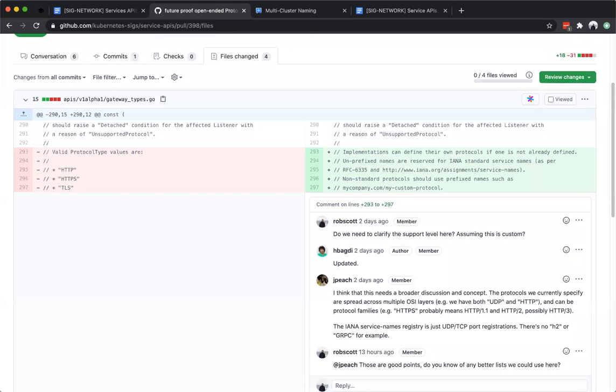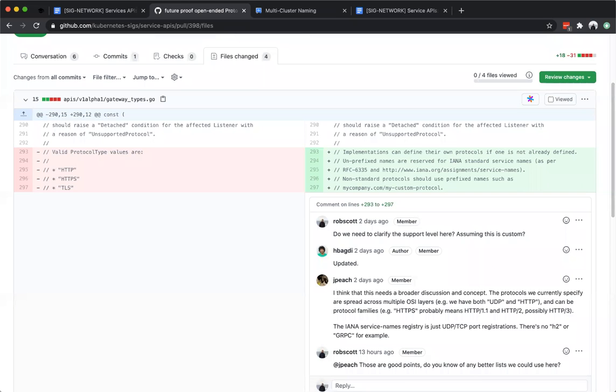So we wanted to provide some kind of standard set that you could pick from, and when you chose that protocol, it meant that thing, and you specified it with that specific name, and then we also wanted to provide a way for users to specify their own custom protocols.